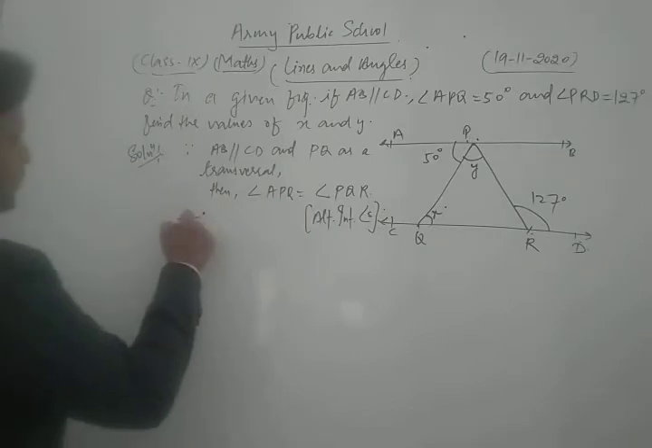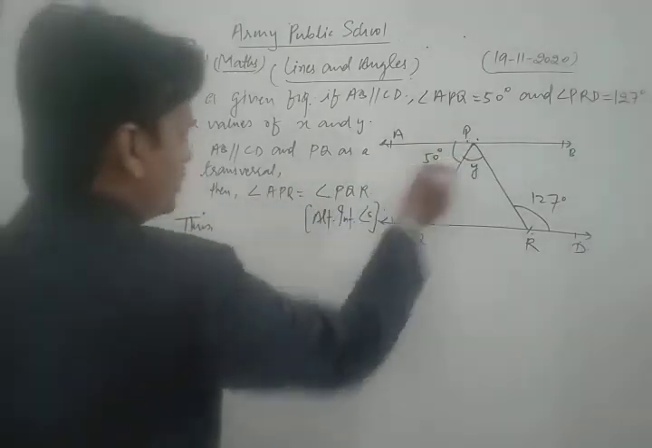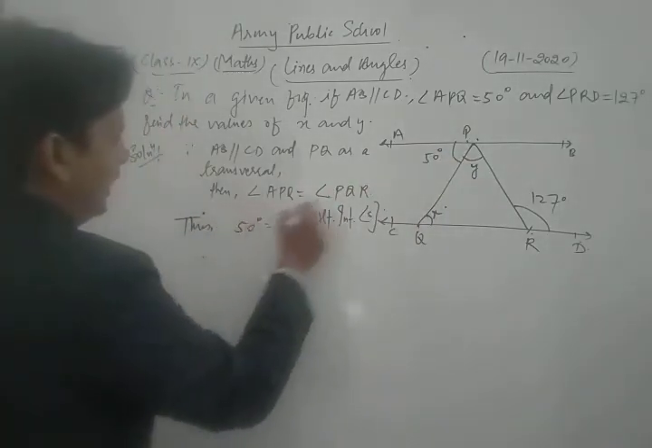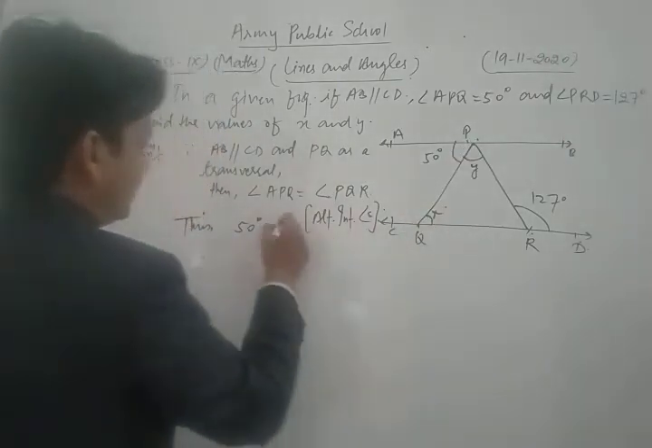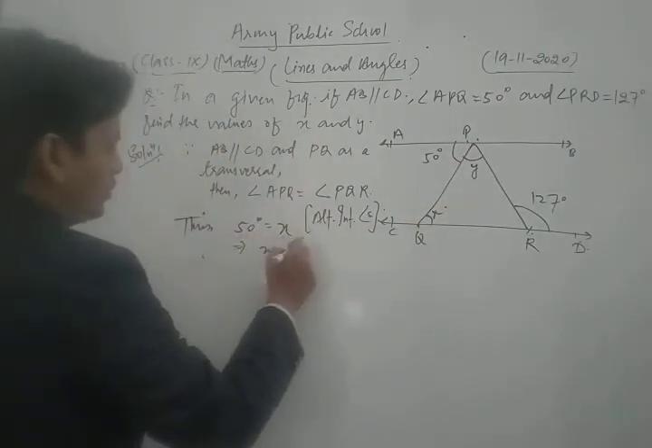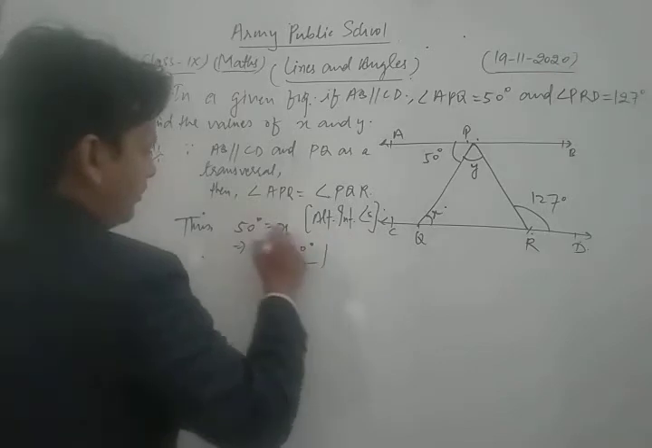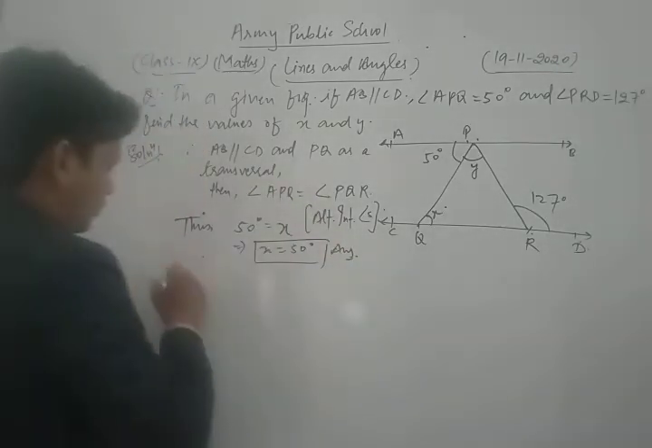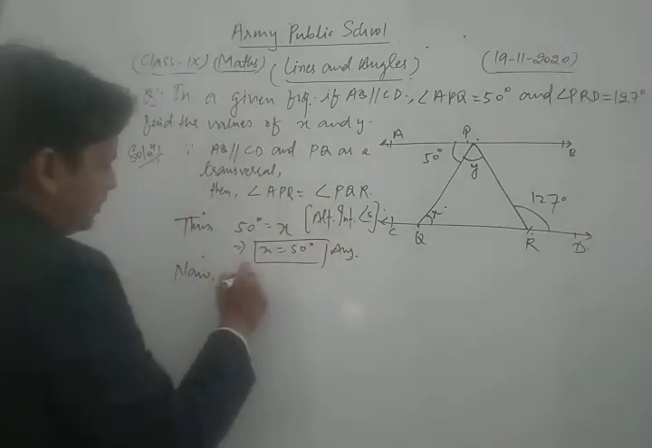Thus, angle APQ is 50 degrees, and angle PQR is x, that is, the value of x is equal to 50 degrees. This is one answer. Now again from the figure,